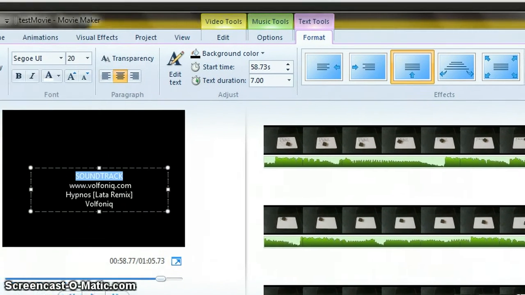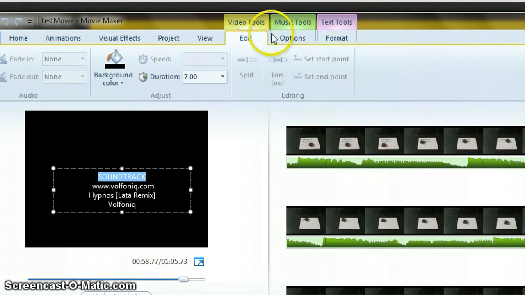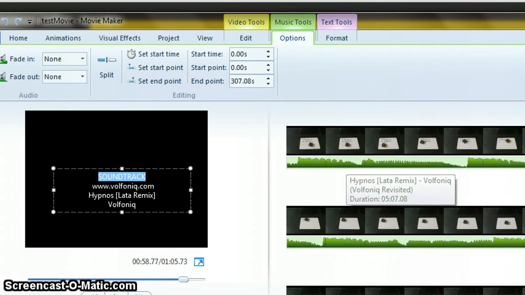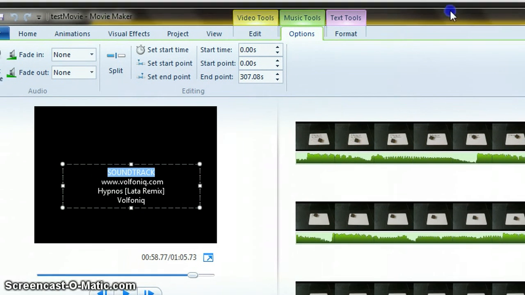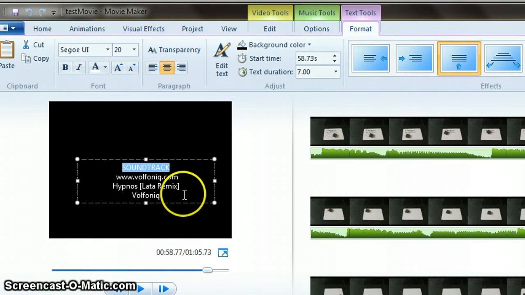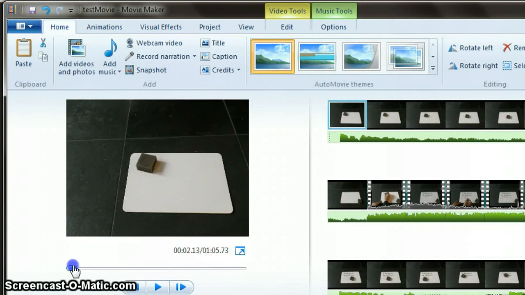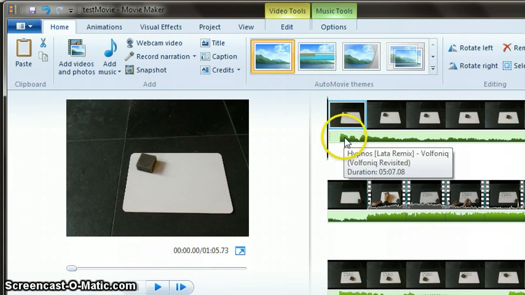So there it is. And what you'll notice is every time you add these things, you get an extra tab along the top to say, okay, you've got some video and then you've added some music. That's this bit. So we could, if we wanted, cut out parts of our music, and then we've got text tools which are all to do with the writing, which is going to appear on our right at the end of our movie. So all we need to do now is just add a couple of effects. I think we don't need to even do that. Oh yes, possibly. Right here, if I play this,